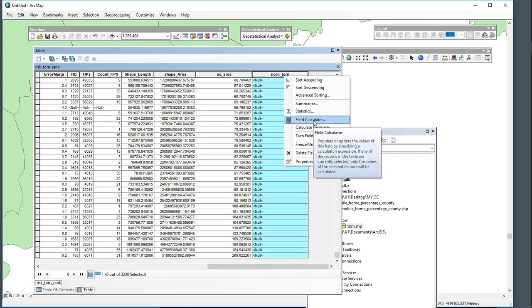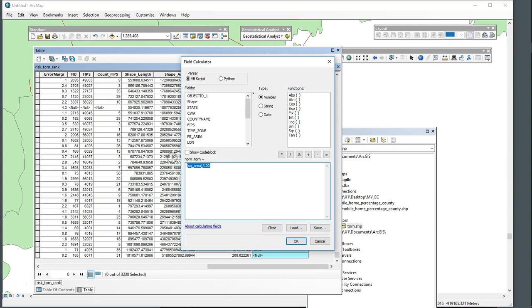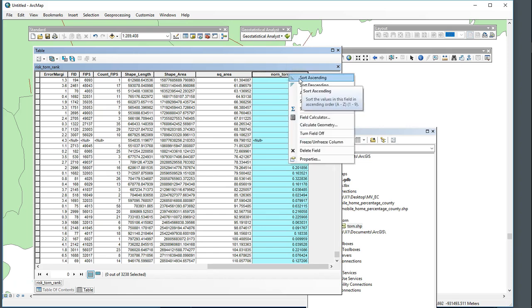And under Field Calculator now, we're just going to take our count, our number of tornado strikes. Here it is, CNT_FIPS count divided by our square area. Remember, square area has been normalized, and we say OK. And that gives us our number. Let's take a look at it. So we're just going to sort ascending,